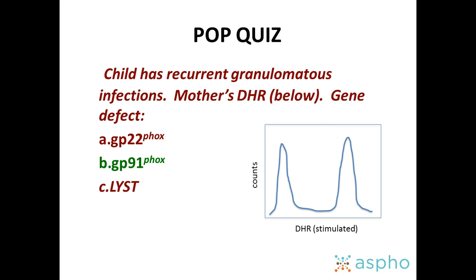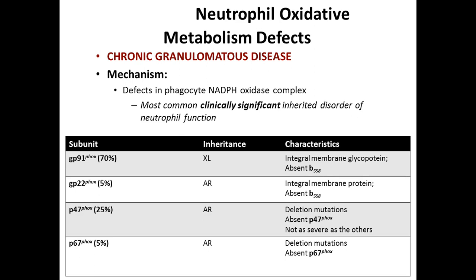The reason to remember this is that it's the only one that's X-linked for CGD. So somehow associate 91 with your mother. If you can figure out some association in your brain about 91, then you'll get that question. Otherwise, you get this on a test and your mind goes blank, right? Which one of these do I pick? So remember, something about your mom reminds you of what happened in 1991. Just try to remember that. Okay?